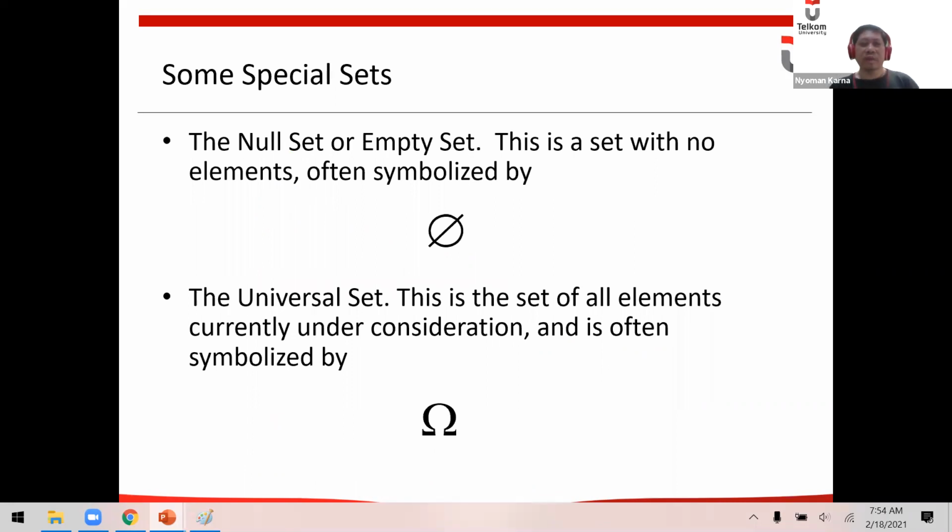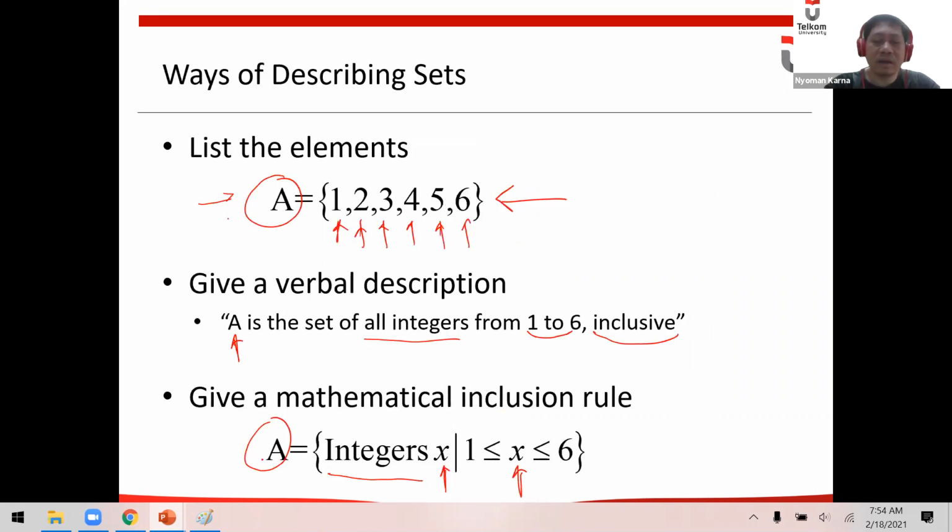Now, there's two special sets. One is the null set, which means a set that has no element or has no member at all. This is the symbol of null set. And also we have the universal set, which explains that this is the set of all elements under consideration. For example, A is a set of integers.